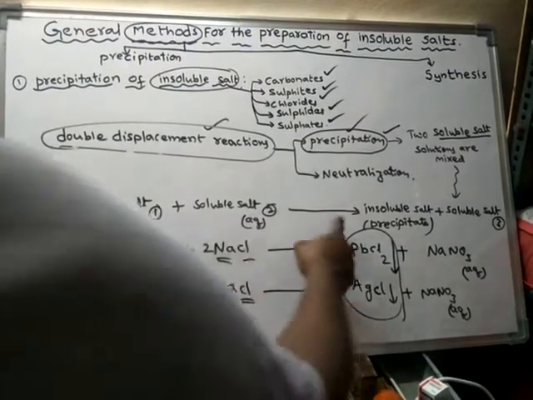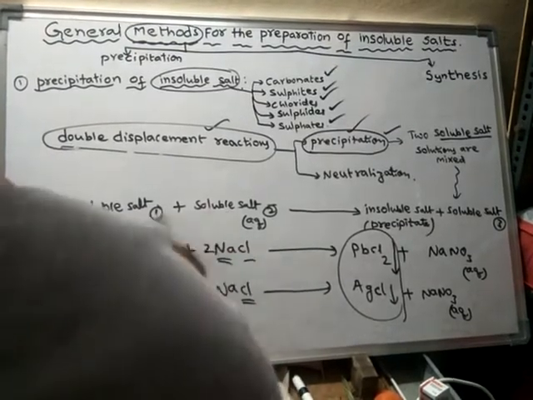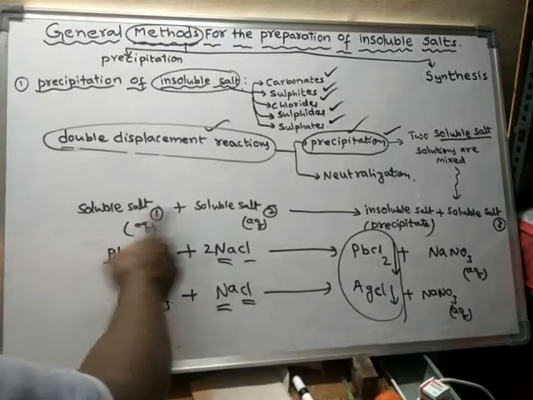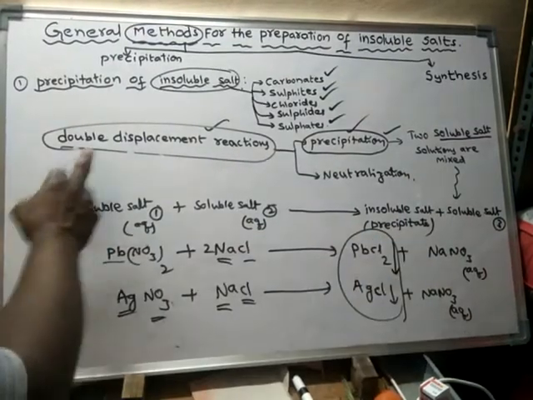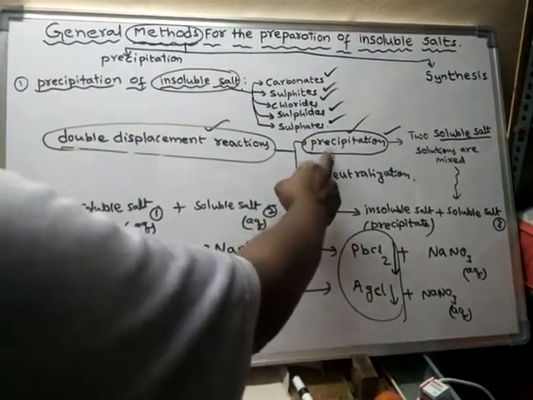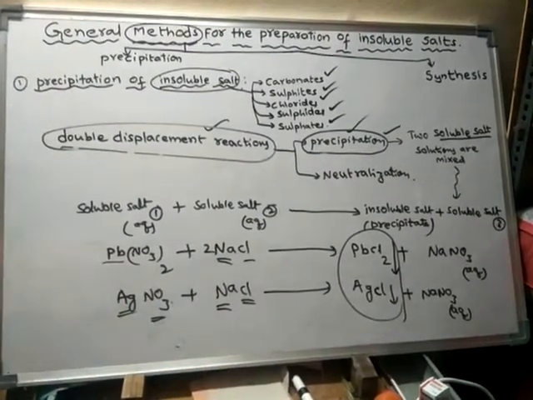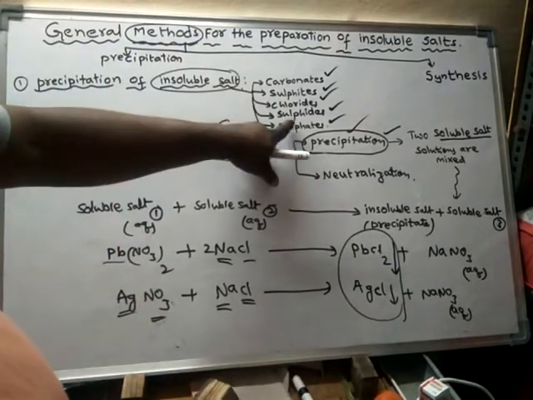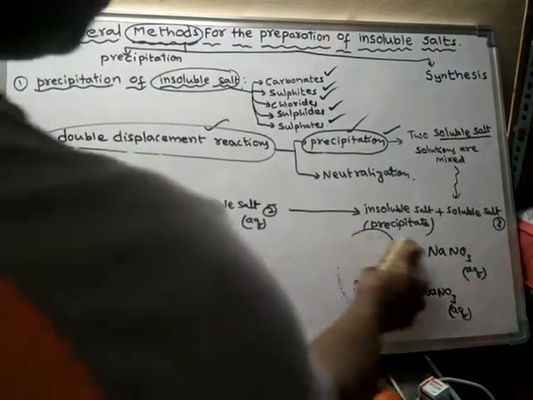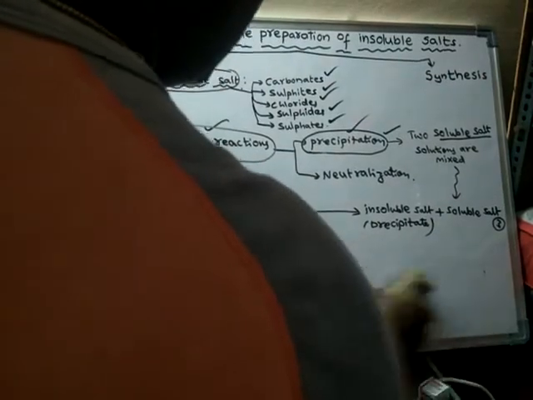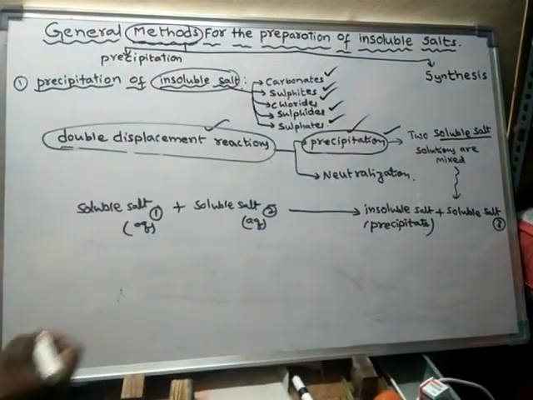So in general, when one soluble salt is combined with another soluble salt, and these two react to form an insoluble salt and one more soluble salt, this type of reaction is said to be a precipitation reaction. Precipitation reaction is an example of double displacement reactions. Okay, now let us see two examples of sulfide, how insoluble sulfide salts are prepared. Insoluble sulfide salts. Example: zinc nitrate.